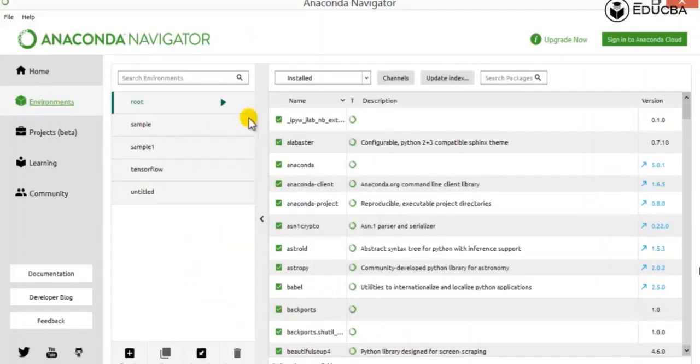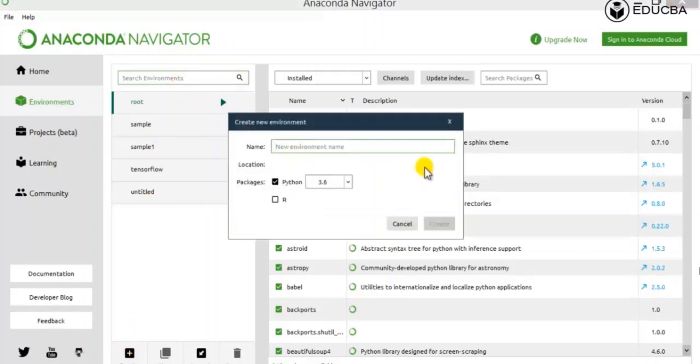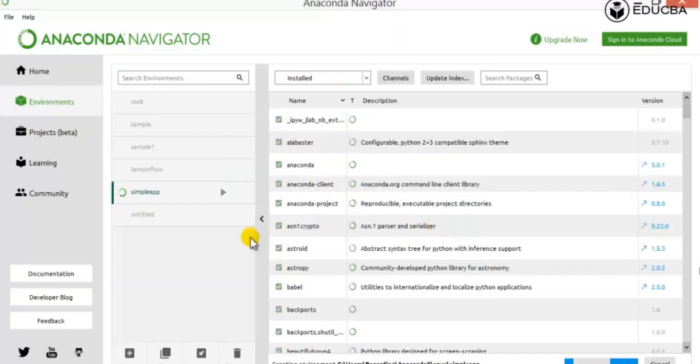So after installing TensorFlow using the Anaconda environment, once you have installed Anaconda in your environment, you will have access to Anaconda Navigator. In Anaconda Navigator, you have to select and create one environment. Let's say the name is Simple Application. It will be at the location of recording Anaconda 3 environments, in which you will get Simple App, and you have to click this. We have to select this R option, and we have to choose create. After that, the environment will be created for you for TensorFlow.